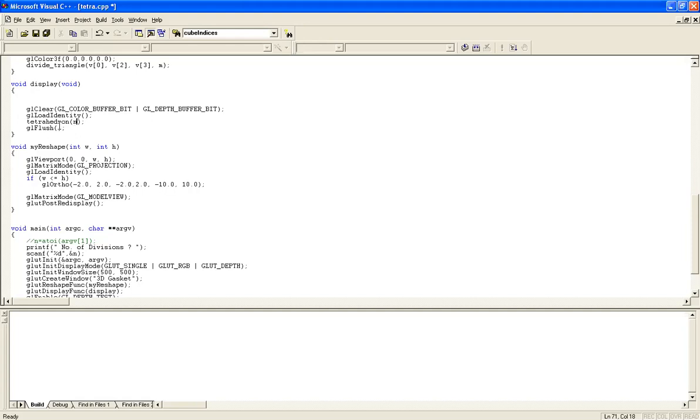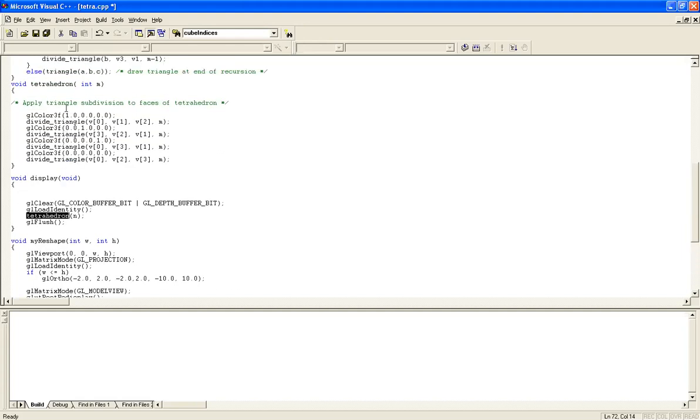Whenever I call the tetrahedron function, it's a calling function, it is going to jump to the called function. And here I am changing the name of the parameter, nothing more. Instead of n, I am taking m. Once it enters the tetrahedron, you know how many vertices there are? 4. 1, 2, 3, 4.